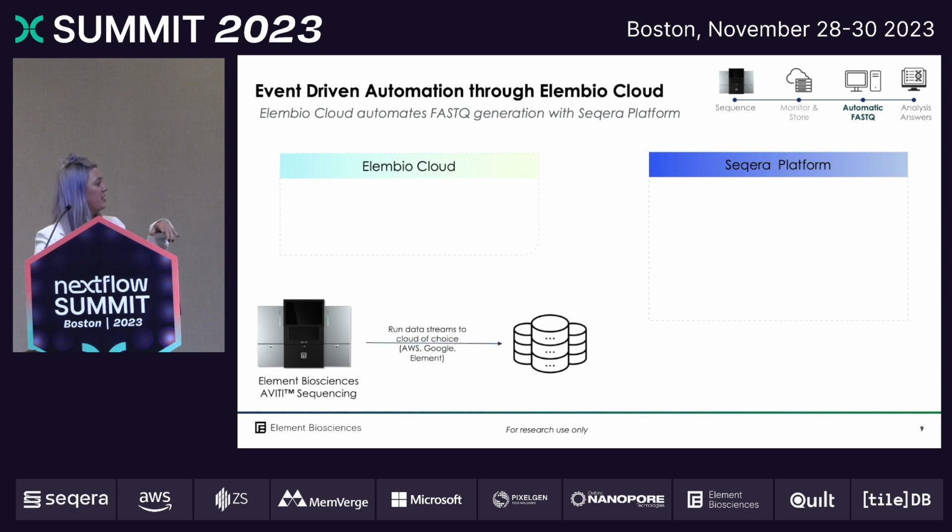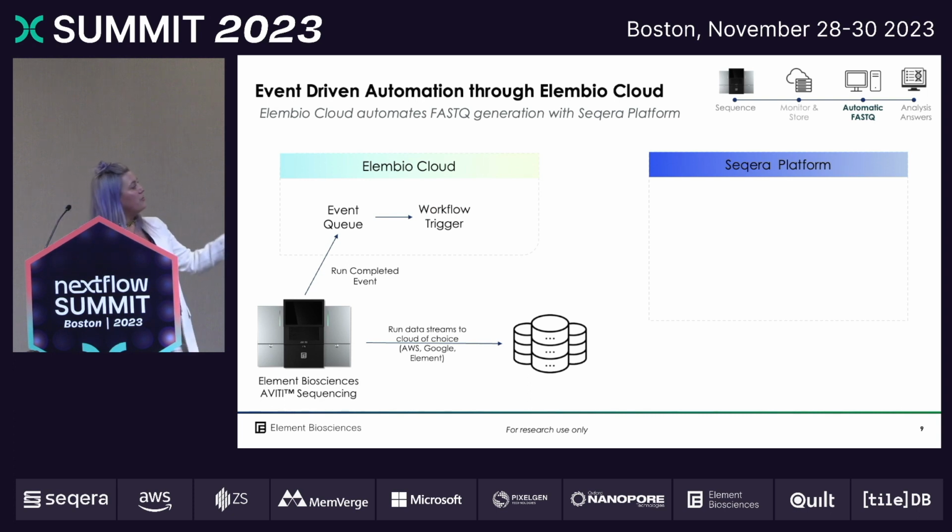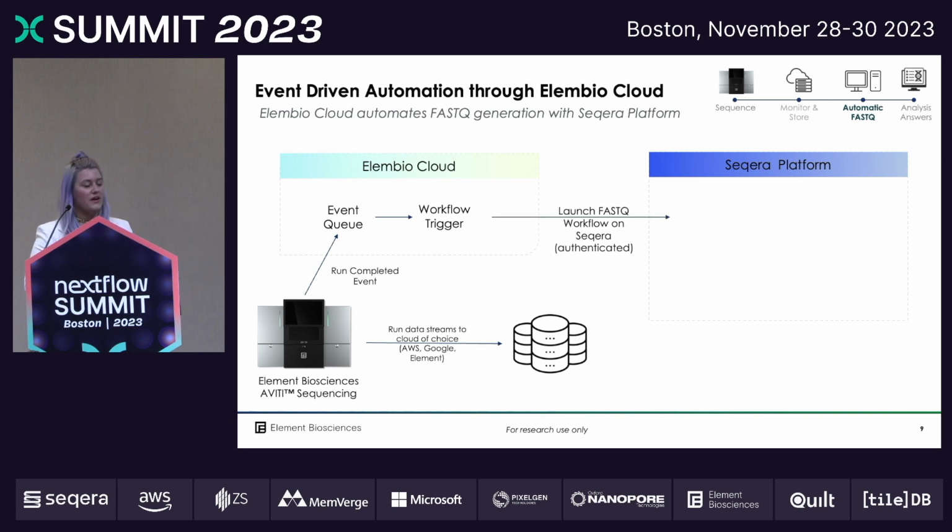So same situation, the Aviti instrument can always stream to your cloud of choice, AWS, Google, Element, whatever you need. But at the end of the run, there's going to be a run completed event that comes to the event queue. And that's going to set up a workflow trigger. So you do have to configure your workflow, which I'll show you next. But once that workflow triggers with an authenticated protocol, it can reach out to your Sakara platform and launch that